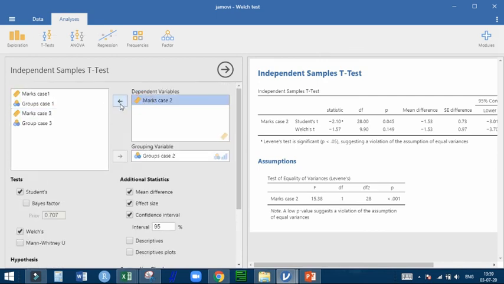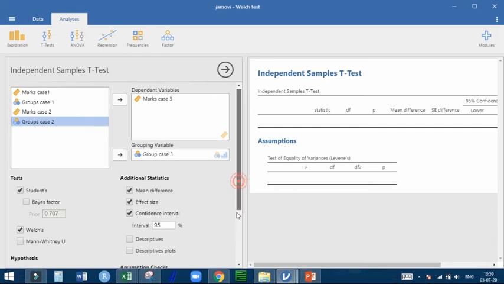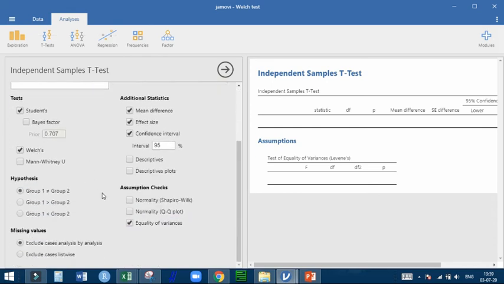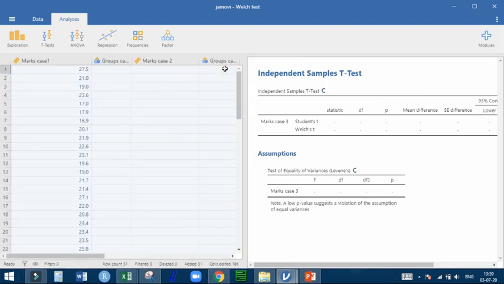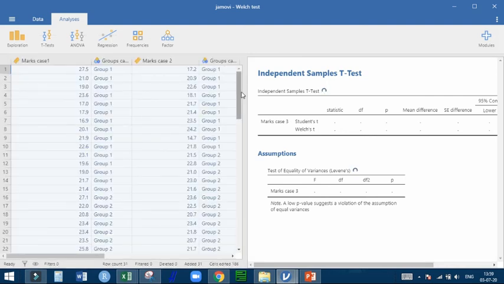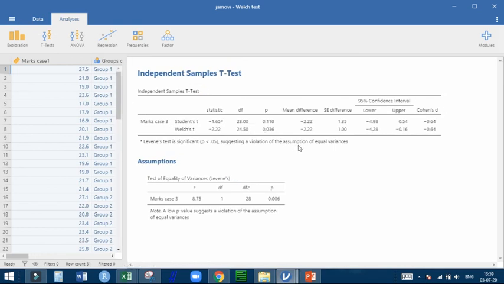Same steps for case 3. Send back this variable and the grouping variable. Now we will check marks case 3 as the dependent variable and group case 3 as the grouping variable. Now I am clicking all these options together. I know this because I have deliberately prepared this file to show you when to use the Welch test.